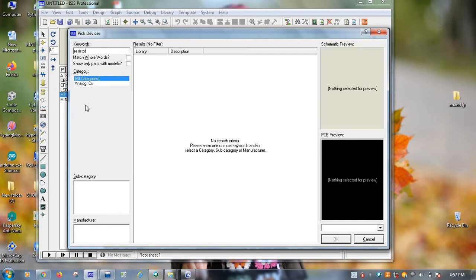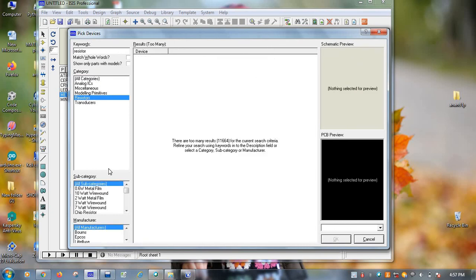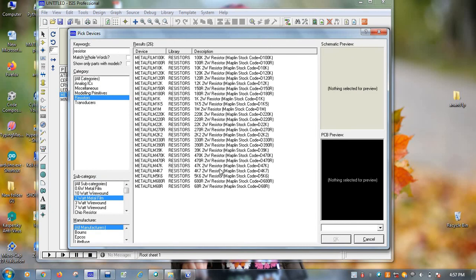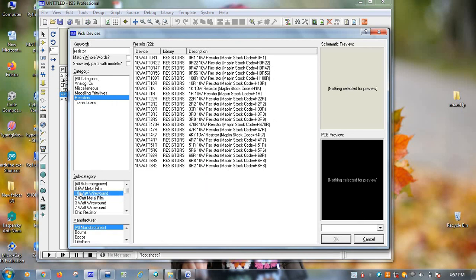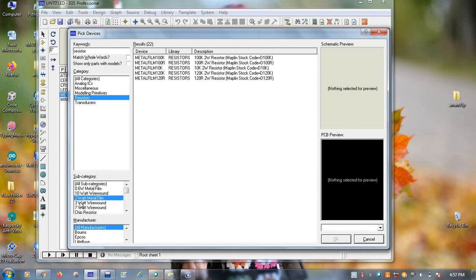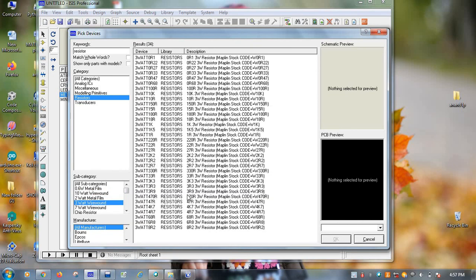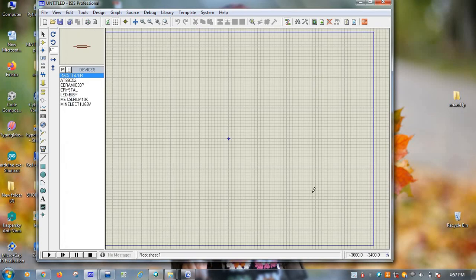These are the components which I used. Okay, these are the components used. So we'll check, we'll take up one by one.